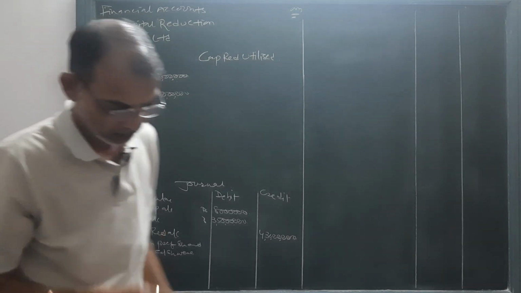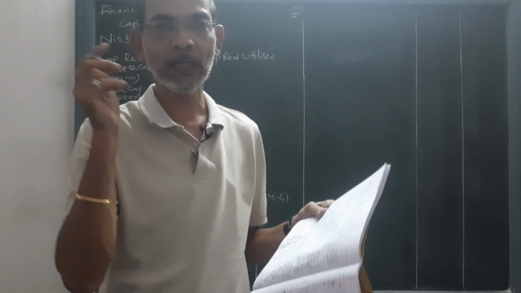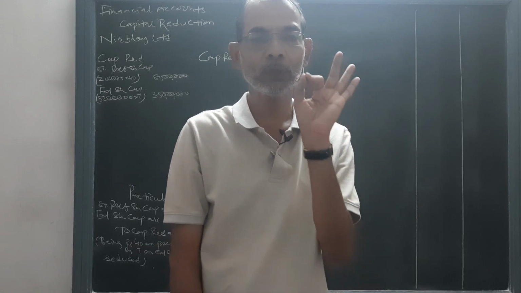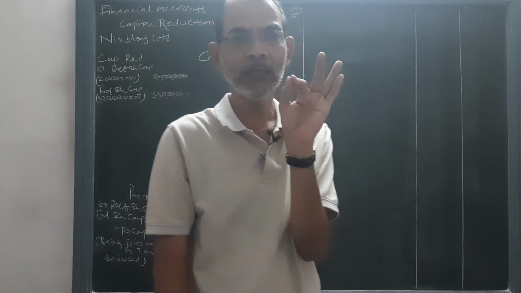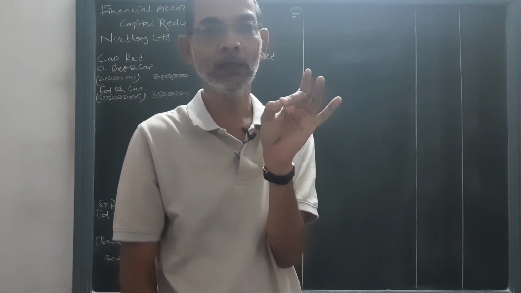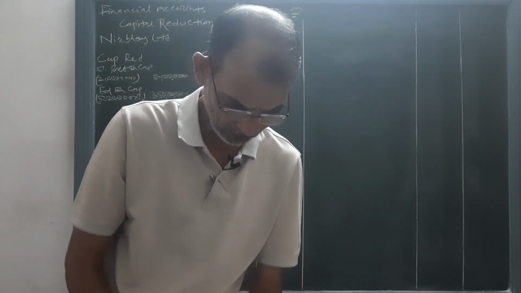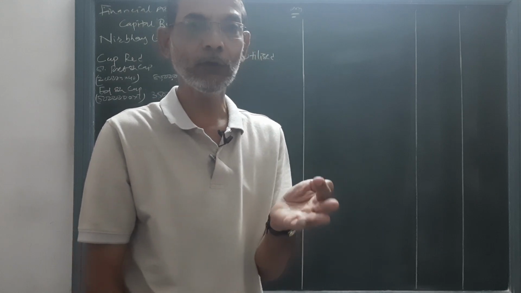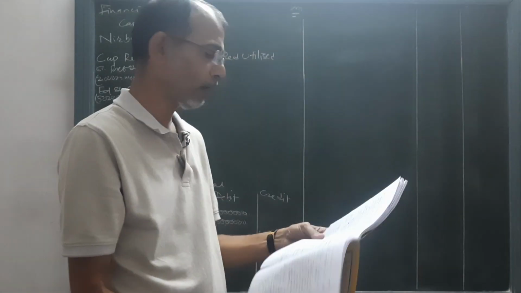Then it is from 1/4/17 that preference dividend has not been paid. So from 1/4/17 it will end on 31st March 18. That means 1/4/18, 19, 20 and the balance sheet is of 21, so 18, 19, 20, 21 for 4 years. You will have to calculate